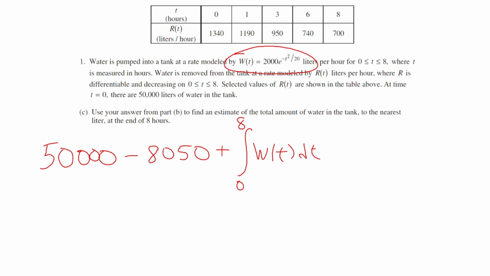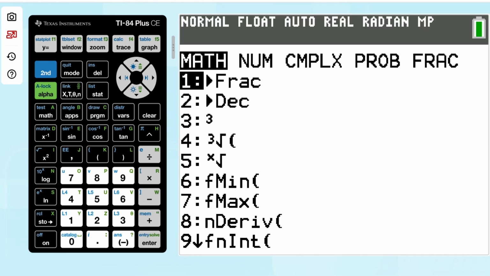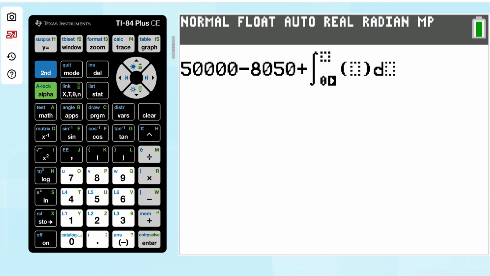So you get 1 point just for having this integral somewhere in there, and then you'll get 1 point for actually finding this final value, and it wants us to round this to the nearest liter. So we're going to go to our graphing calculator here. We're going to do 50,000 minus 8,050 that we've subtracted out, that's removed. Then we're going to add. We're going to hit math. We'll go down to option number 9, FNINT, and we're going to integrate from 0 to 8 that function